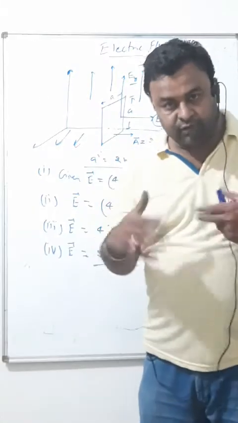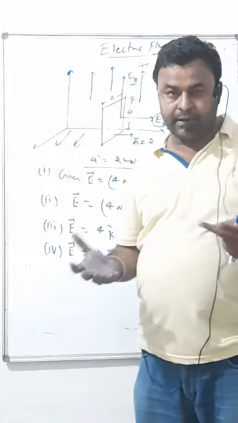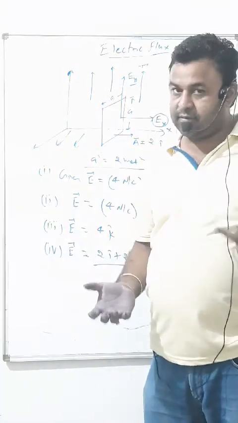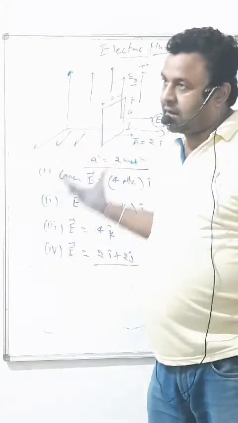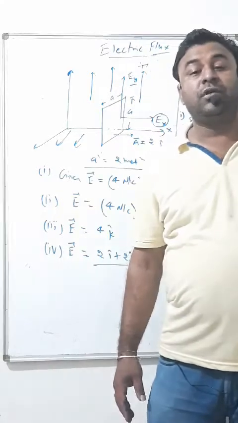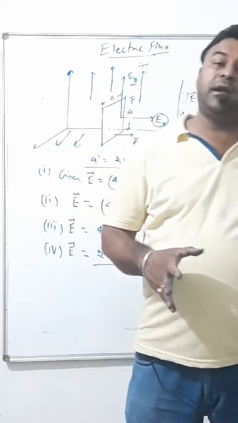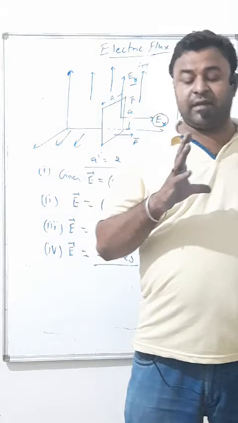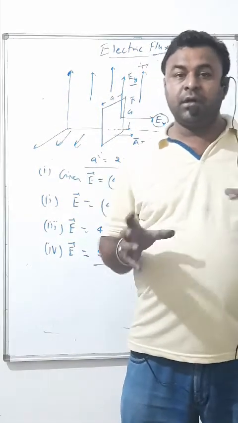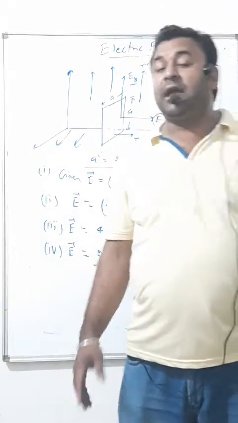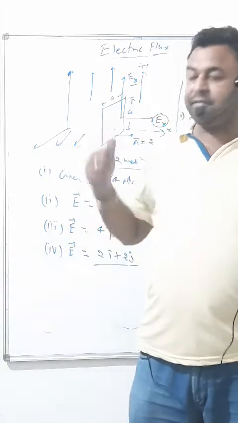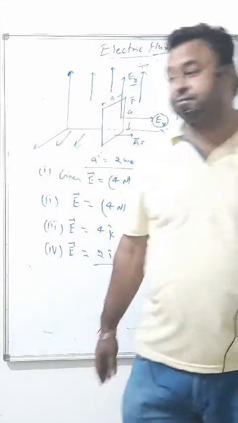If something crosses through an area, then the amount of that crossing through that is calculated is called the electric flux. Say flux in general. Here I have talked about the electric lines of force. Electric lines of force are also supposed to flow from positive charge and terminate into negative charge. In between, if there is any area arising, then there will be an amount of flow through that area. We want to calculate this at lots of places, and that will help us find the amount of flow through a given area, which is defined as electric flux.